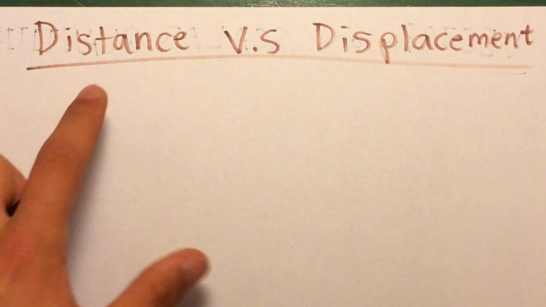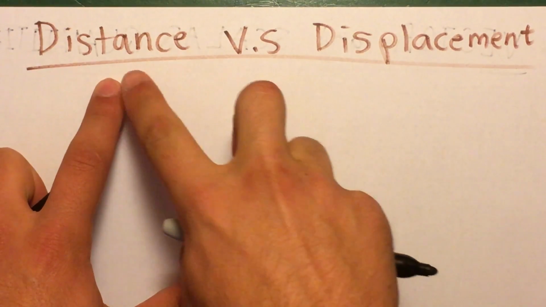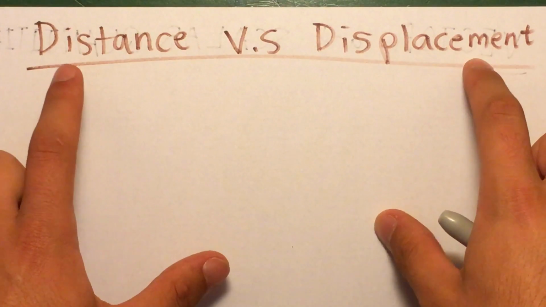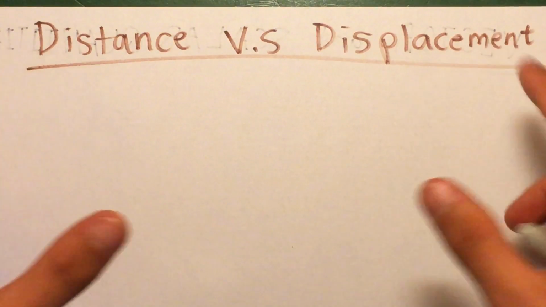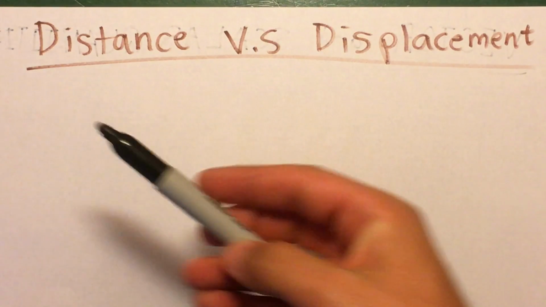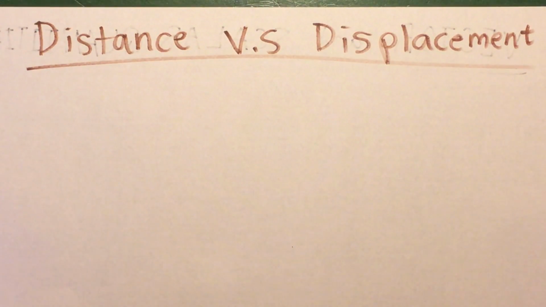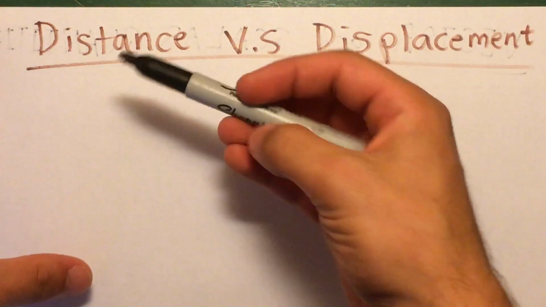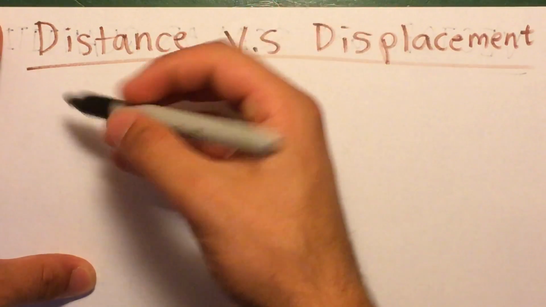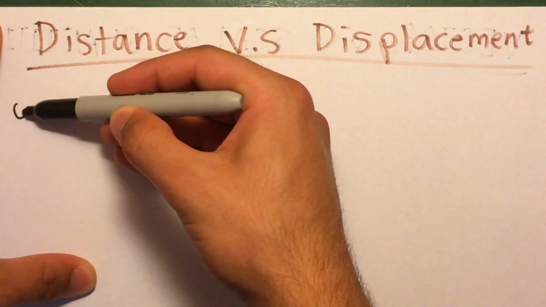Alright, so in this important video, we cover two important concepts that all physics students must understand: distance and displacement. They're two different things and they could be easily mixed up with each other because they look similar, they sound similar. Anyways, so what distance is, let's say we're starting at point A